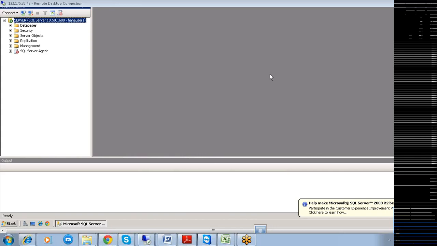What is the repository? The repository is nothing but the relational database used by Business Objects Data Services for holding the application content. So the repository has to be created in a relational database. That is the reason I'm creating this particular repository in this SQL Server. Hope you understood what I'm trying to do here. Archana, you are clear, right?